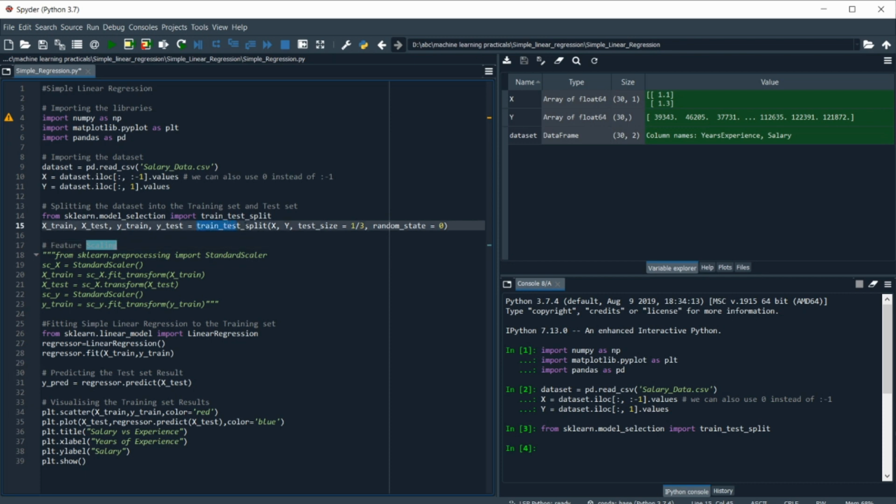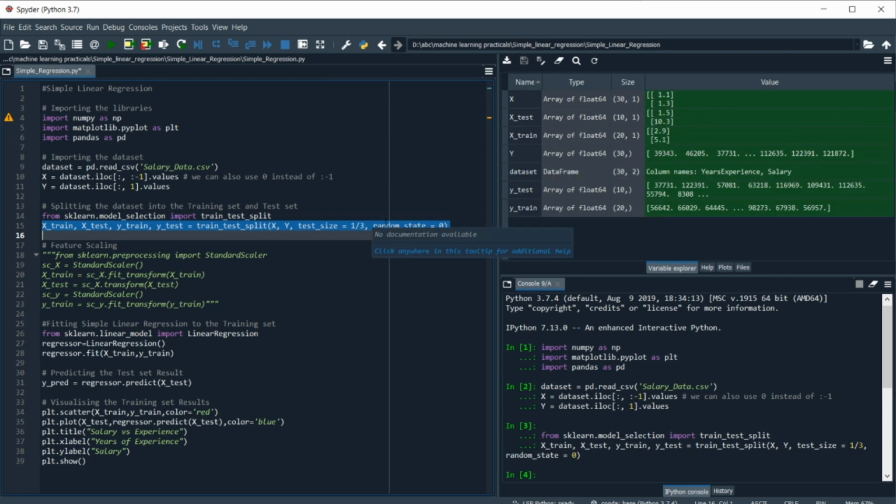So we use the train_test_split function here and pass the independent variable first and then the dependent variable, and then we use the test_size parameter and assign the value 1/3. It defines that it's going to take 33% for the testing data and 66% for the training data, and then we assign random_state equal to 0, so it's not going to pick random data rows from the data variables. Now we are not required to pre-process our data because the data is already pre-processed, so we are going to create our model. Let's execute this line of code first.